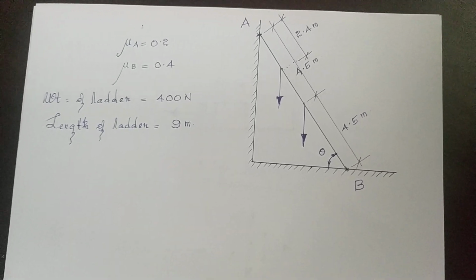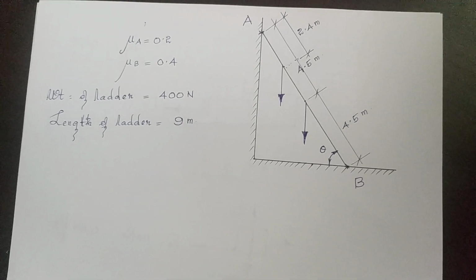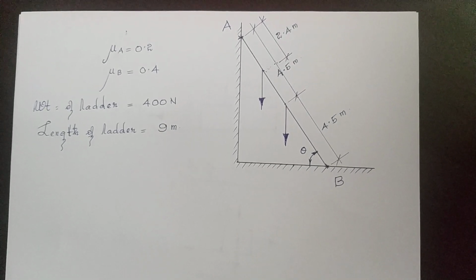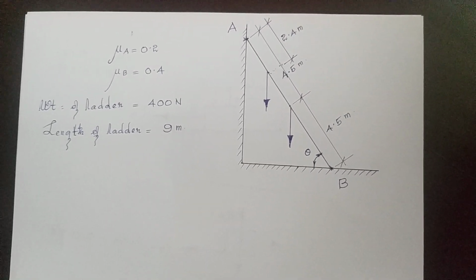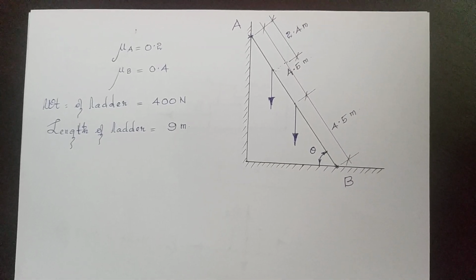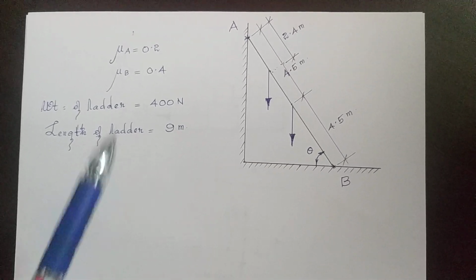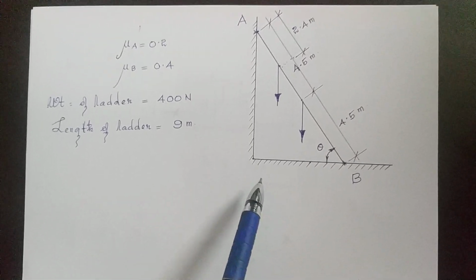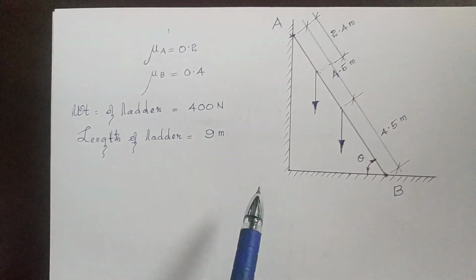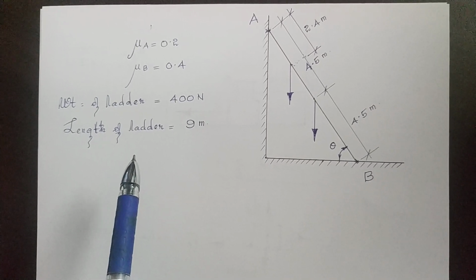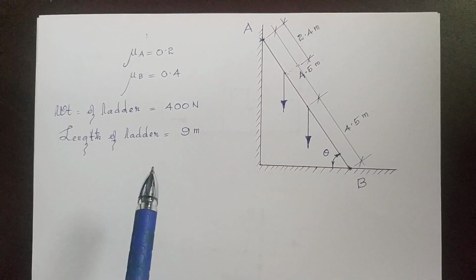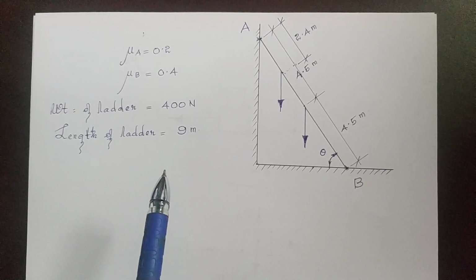Let's see a problem on ladder friction. The question is, a ladder of length 9 meter and of weight 400 Newton is leaning to a wall and resting on a horizontal ground. The coefficient of friction between the wall and the ladder is 0.2, and that between the floor and the ladder